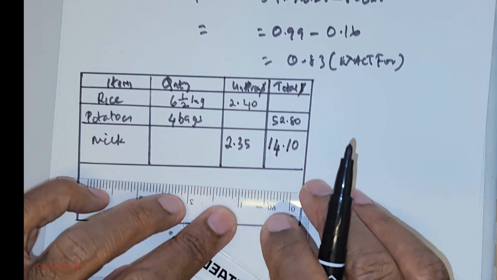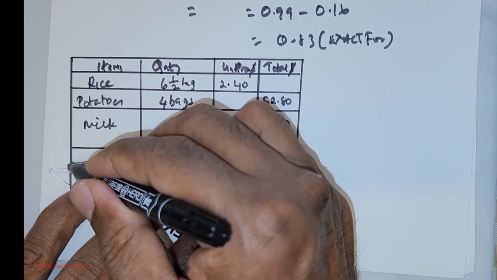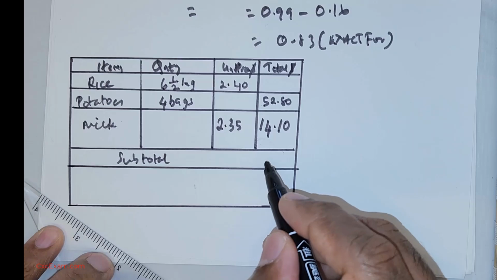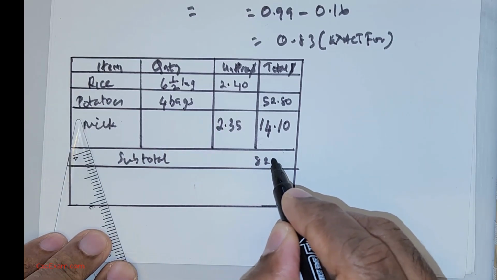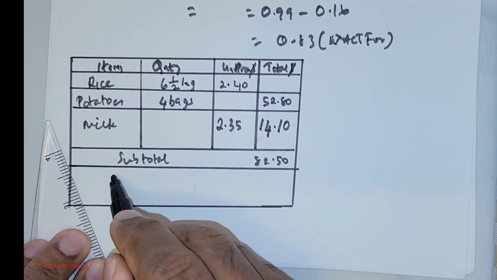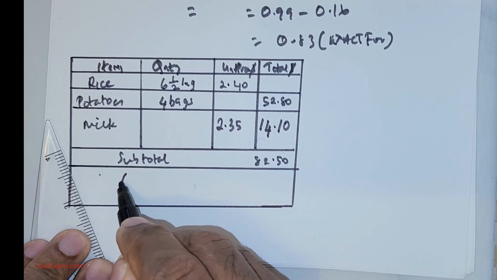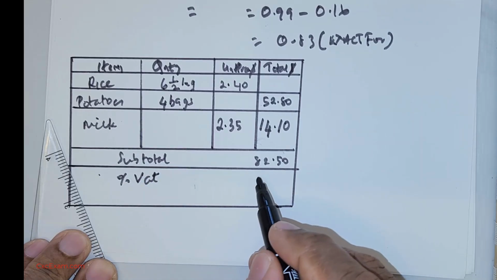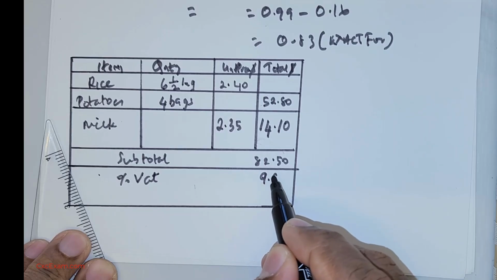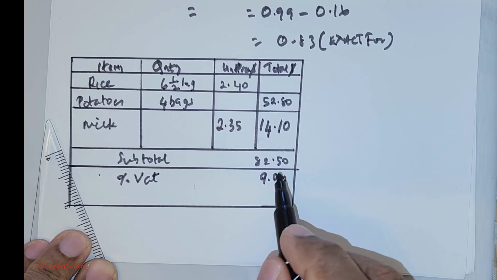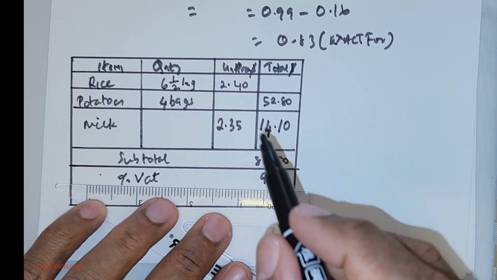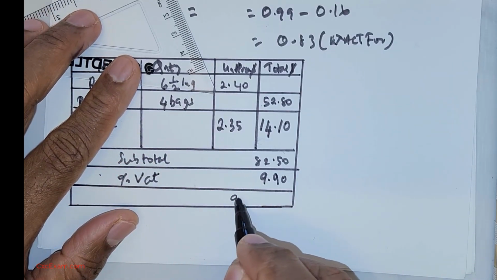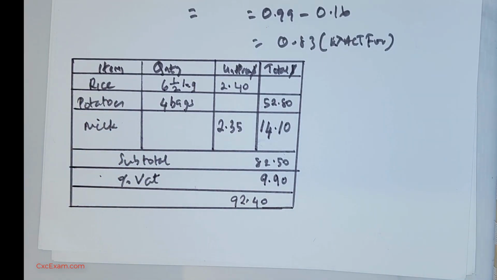Now this is the subtotal. The subtotal is $82.50 and you have to find out the percentage. You have to find out the percentage of this tax, and it amounts to $9.90. Now the total the customer pays for all the purchases is $92.40. Okay,